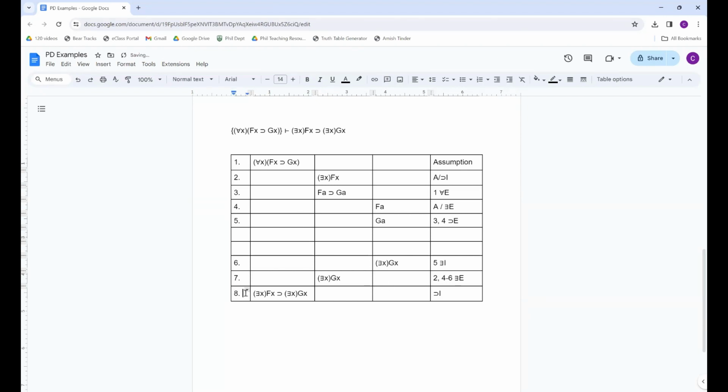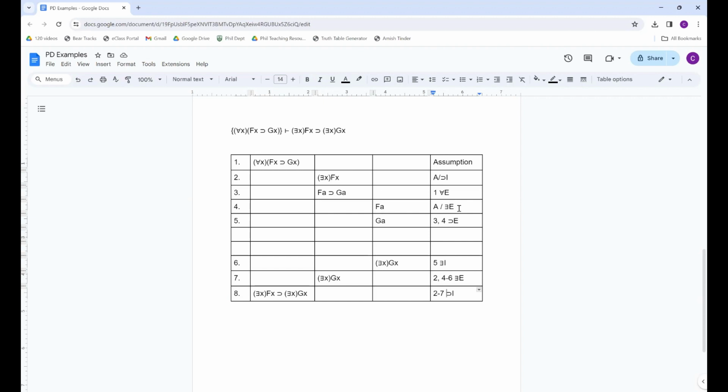And then we just need to fill in the line numbers here for this. This is lines 2 to 7, conditional introduction. The moral of the story is that